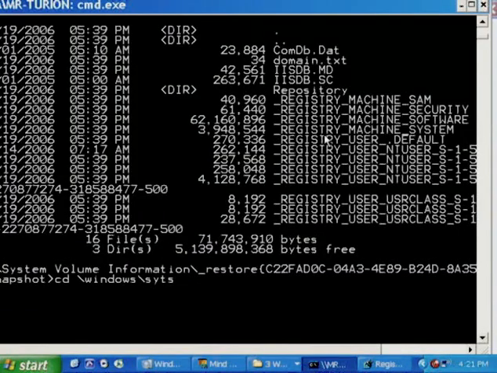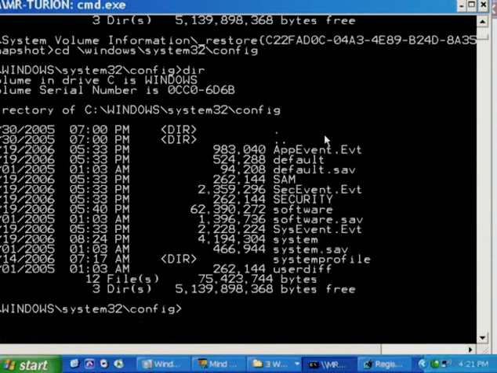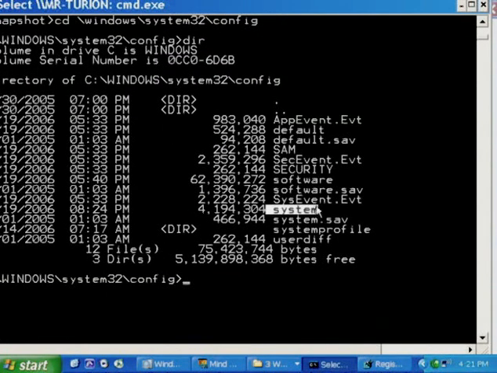And that location is under the Windows System32 config directory. If I do a dir in here, we can see the actual live system hive. Now I can't replace that hive in a live Windows system because that file's in use, but if we were in the recovery console, I'd be able to copy a registry machine system backup file over to this directory and rename it system, and try rebooting the machine and seeing if the problem had corrected itself.